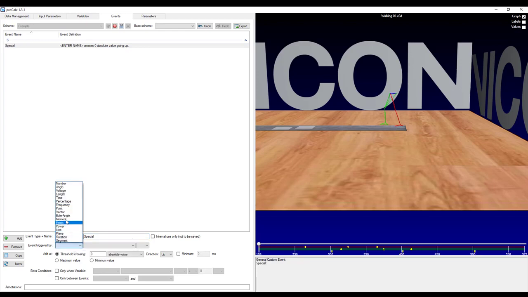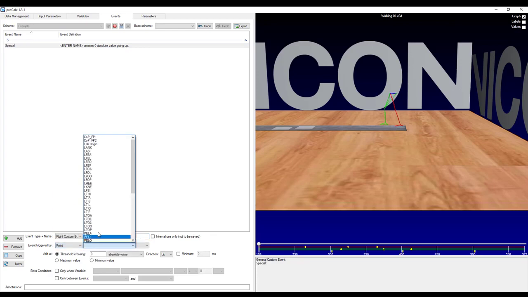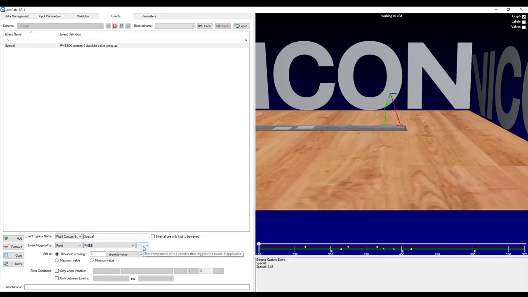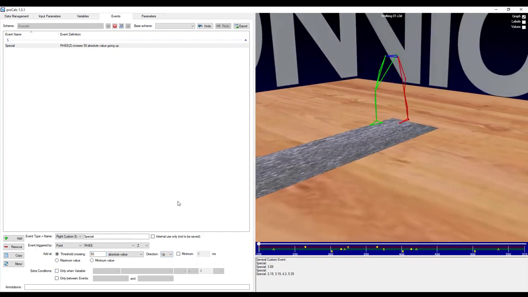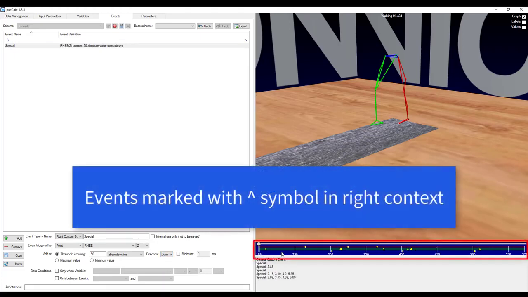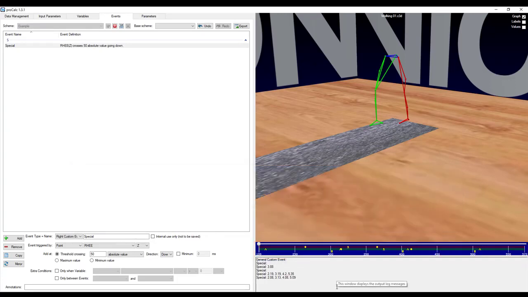So I will actually look at the right heel marker, so that'll be a point. I will select right heel, and I will only want to look in the vertical direction, so the Z. And I'll choose an arbitrary value for the threshold, let's say 50. So I want to know when that heel marker goes below 50, so down. And you can see in the time bar now, I've actually got my events designated there. And in the output down here in the bottom right, you can see that I've got the times at which